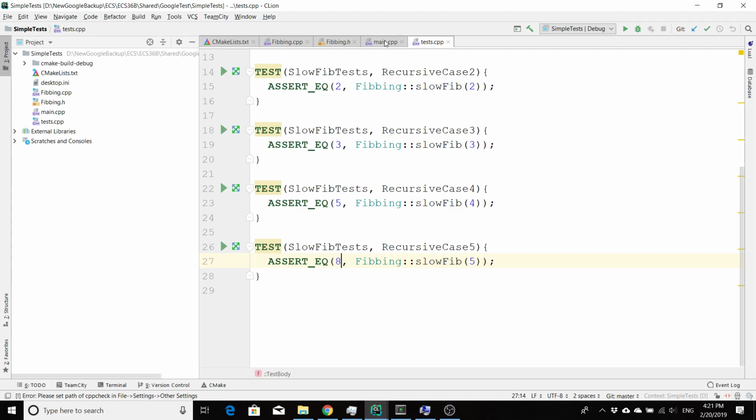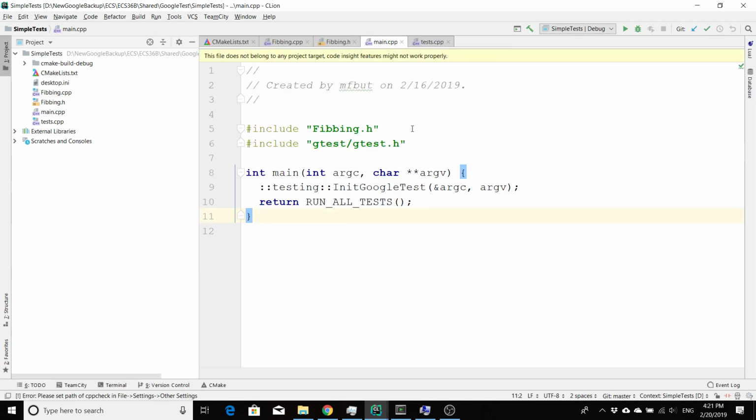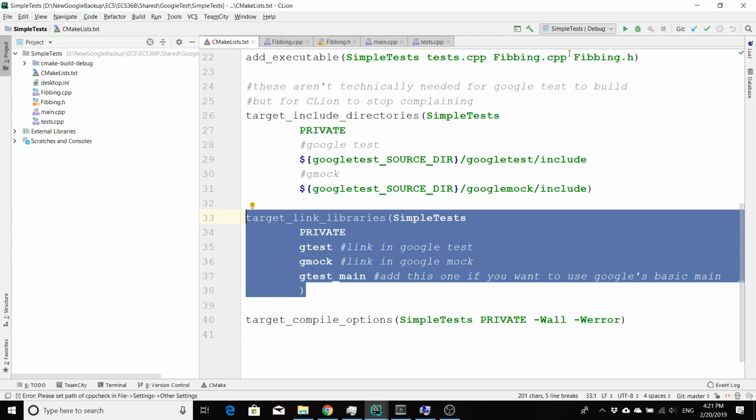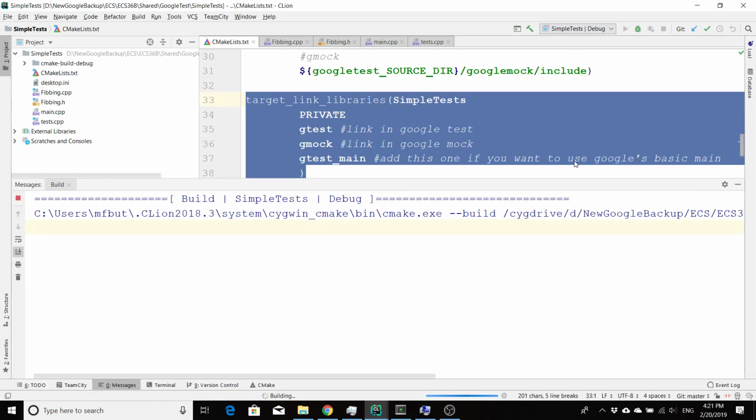Then over here in main, if you want to build your own main, it's more or less going to look like this. There's also the option of using the built-in or packaged Google main if you want to, where you can just link in gtest main and it'll build that one instead. You can see here I'm not using this piece of code. I'm using the gtest main. So if we go ahead and we press play,